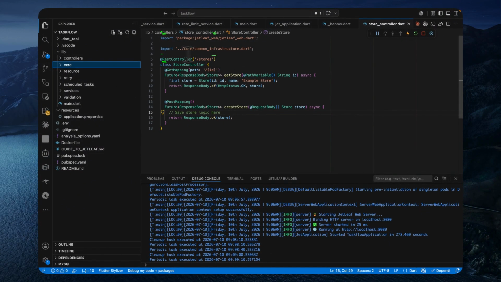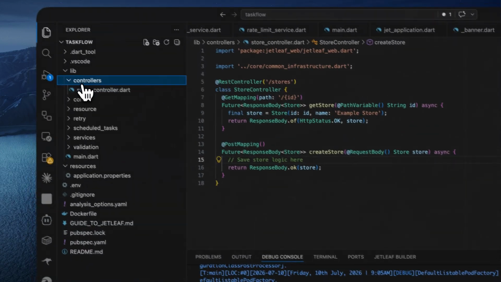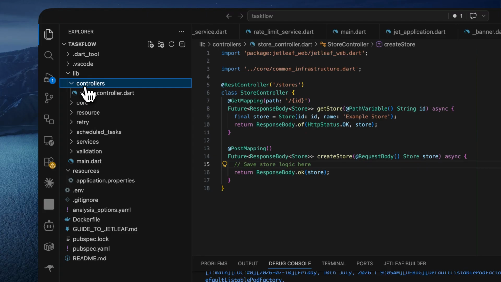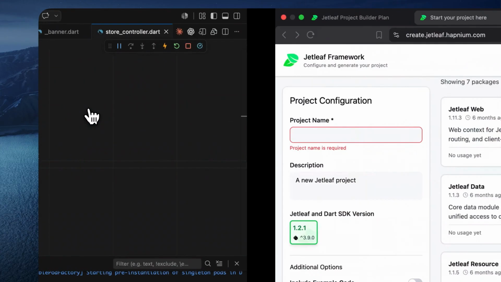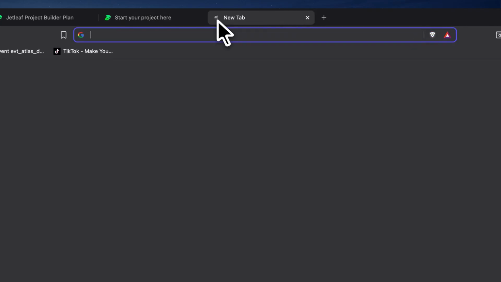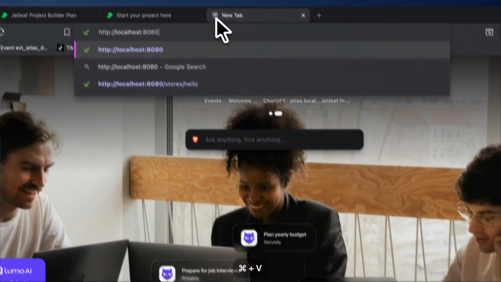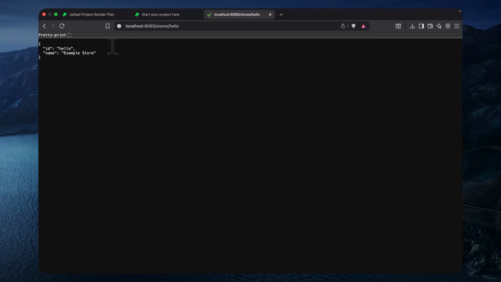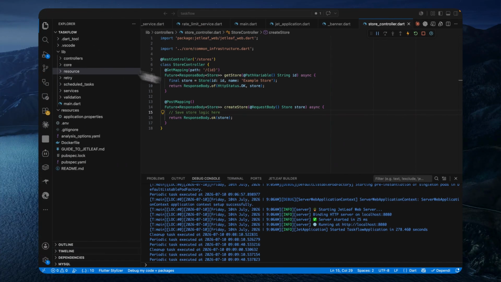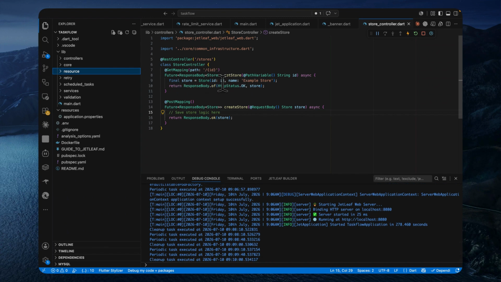Now you don't need to follow all these things. You can basically write your controller anywhere. You don't have to put it in one particular folder or anything at all. So let's run the application and see what happens. Okay, so you see we're able to get the ID hello and name example store, which this gives to us